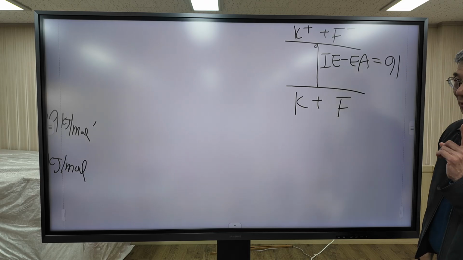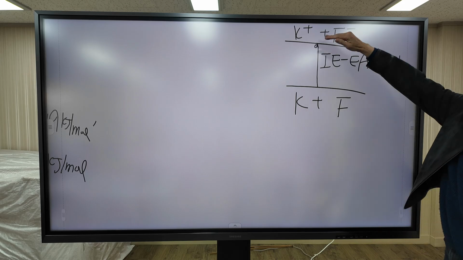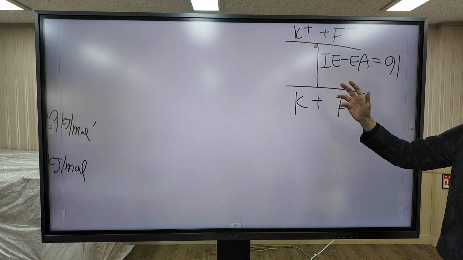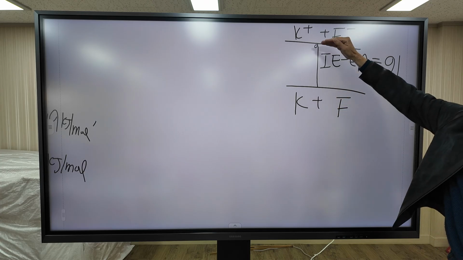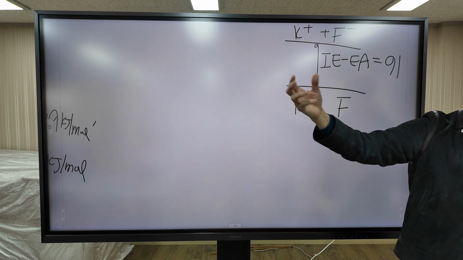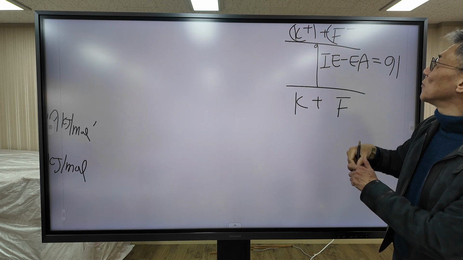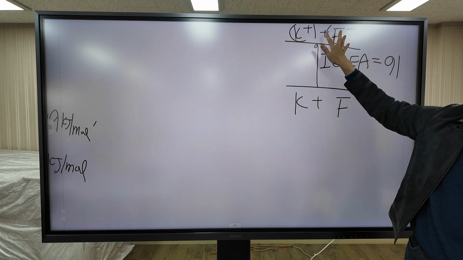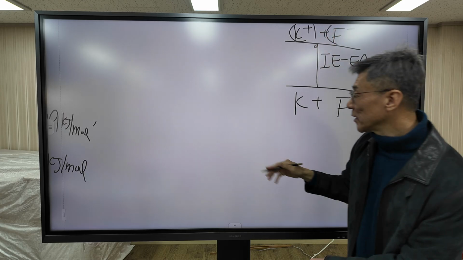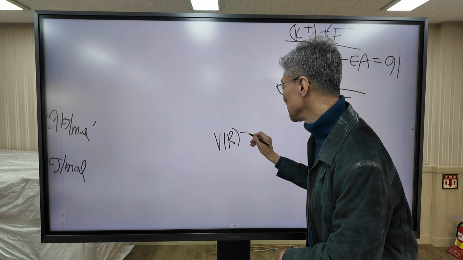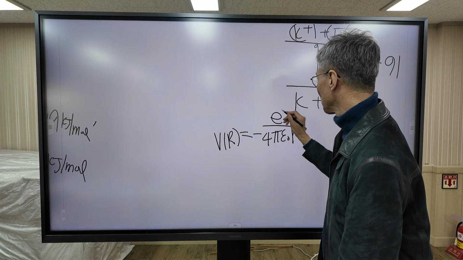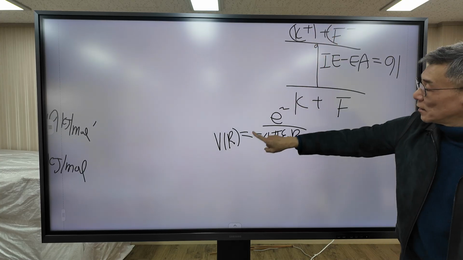But a key point is that this energy level refers to a state where the 2 ions are infinitely apart. But there is a Coulomb energy between the 2 ions. We can express the potential energy between 2 ions as a Coulomb energy. Coulomb energy may be expressed using this expression. So these 2 ions have potential energy.